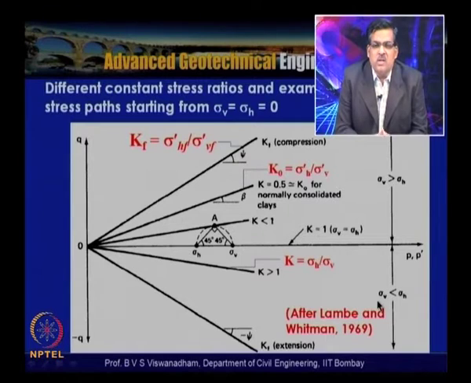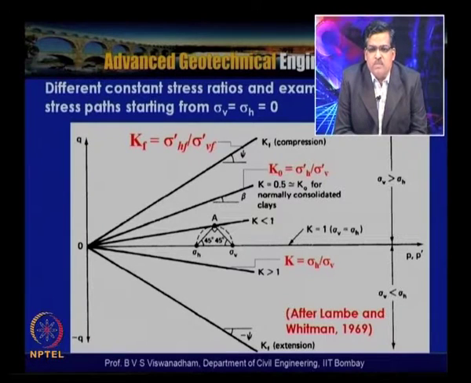In the case of over consolidated soil, there can be very high horizontal stress because of the stress locking which can take place because of the past stress history, or when we have, let us say, a hard crust, where the soil has been subjected to a very high amount of over consolidation stresses because of the process of drying. There also it is possible that some stresses can be locked, and sigma h can be more than sigma v.